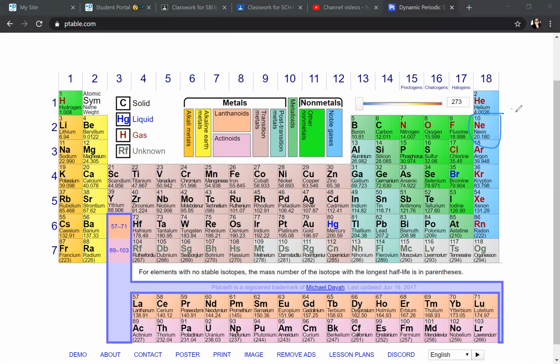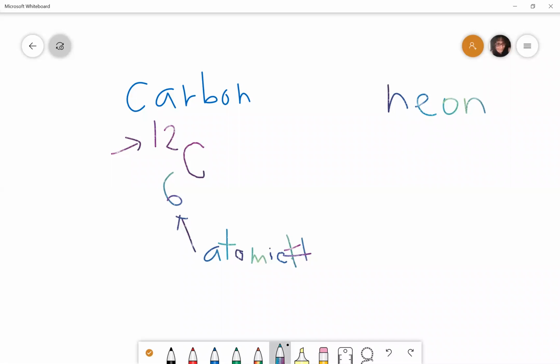We need to remember that we have 10. We need to remember this chemical symbol, and we need to also remember the mass is 20. So we will now rewrite that in the correct format on our whiteboard. So how do we depict the neon? Well, we're going to write Ne,